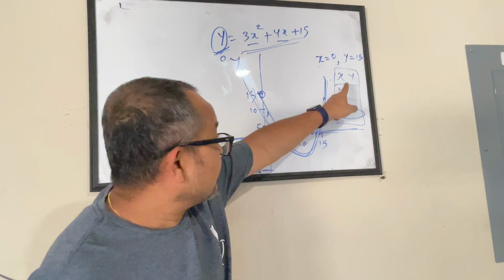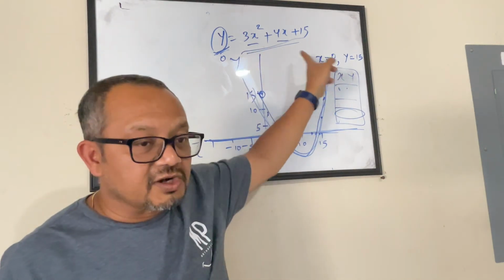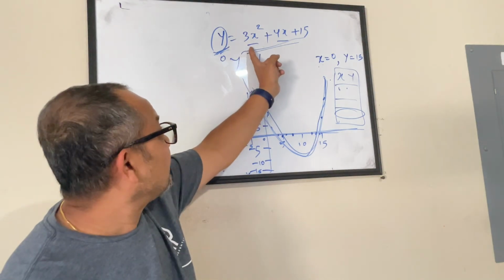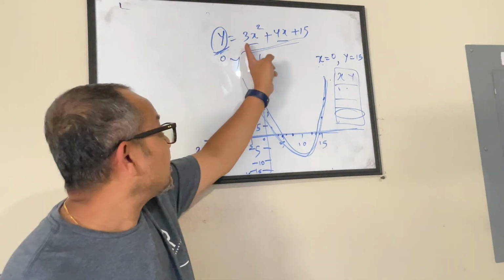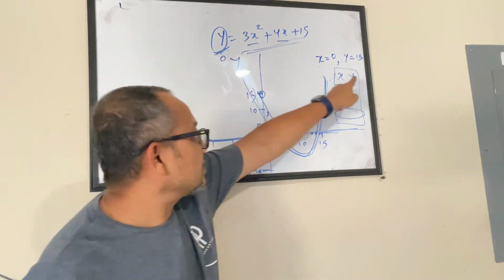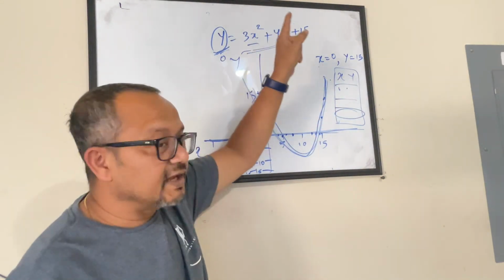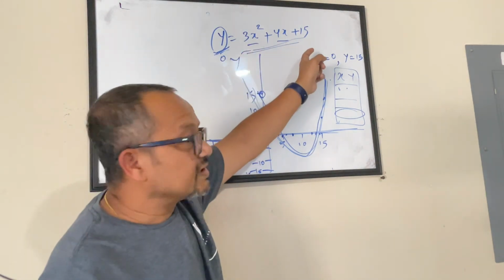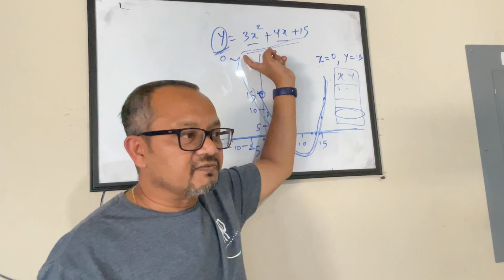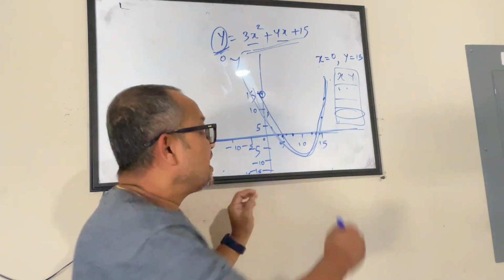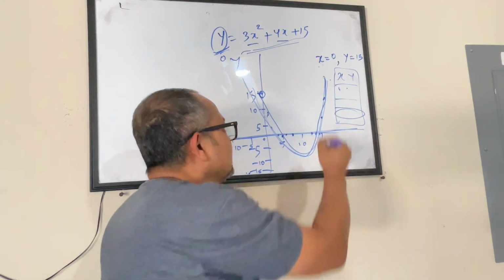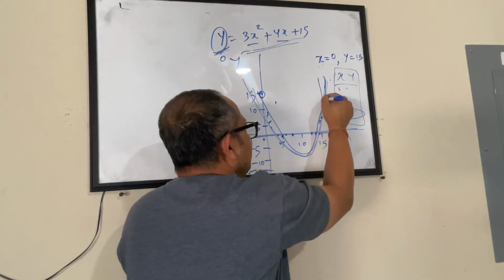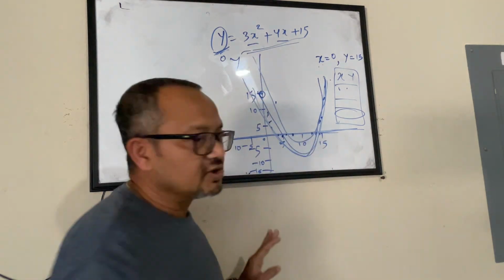You have to find out x and y coordinates because you have a relationship, a contract or a deal given between x and y. So you keep picking different values of x, keep finding the corresponding value of y. X equals 1, what is the value of y? X and y, that is one combination. Let's say x equals 4, and then find out the corresponding value of y. Change x to minus 2, see what is the corresponding value of y. That becomes your combination. Find out 5, 6 different points, just join them. Let's say you got 5 points. You join them one after another. That becomes your parabola.